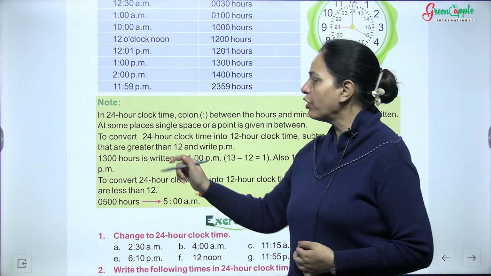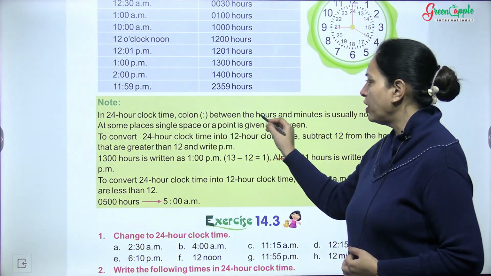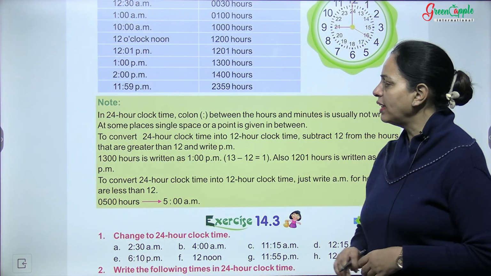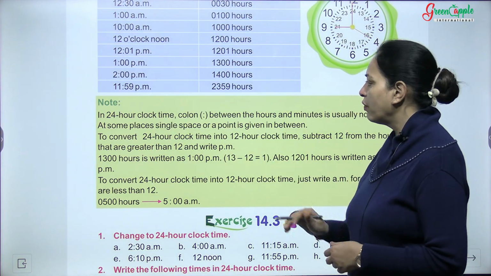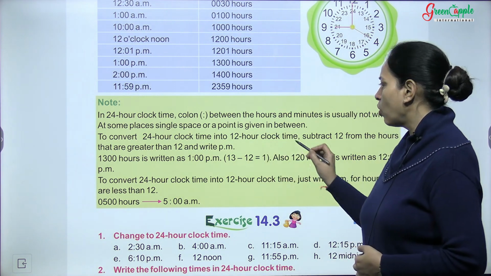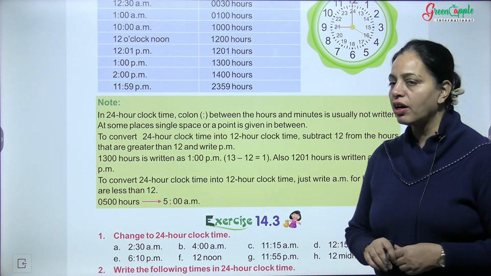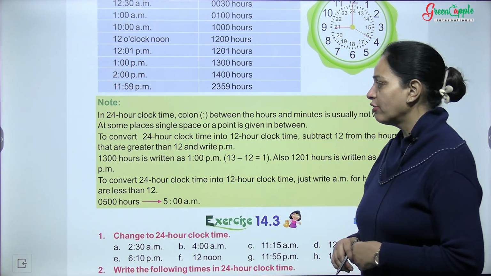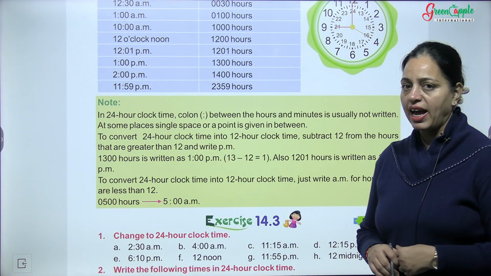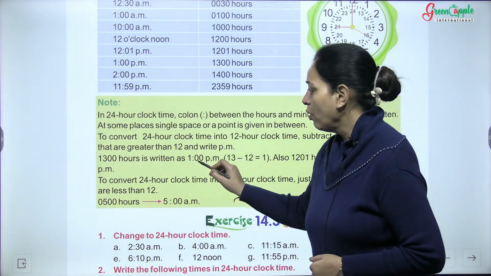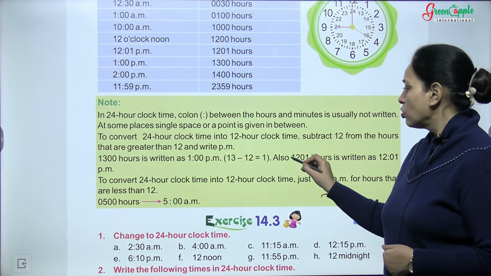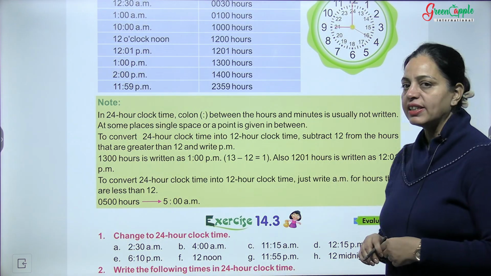Okay, now note that in 24-hour clock time, the colon between the hours and minutes is usually not written. At some places a single space or a point is given in between. To convert 24-hour clock time into 12-hour clock time, subtract 12 from the hours that are greater than 12 and write PM. Like 1300 hours is written as 13 minus 12, 1:00 PM. So also 12:01 hours is written as